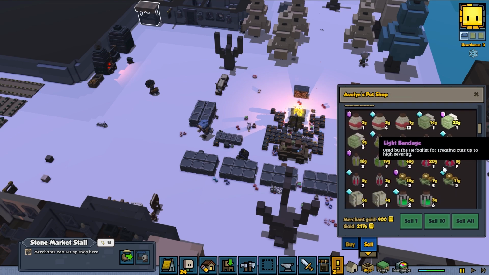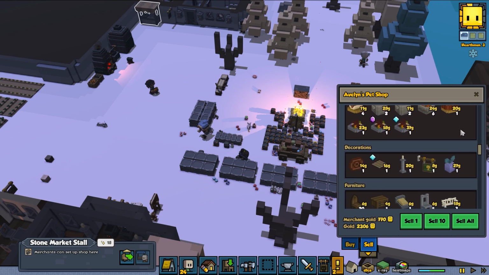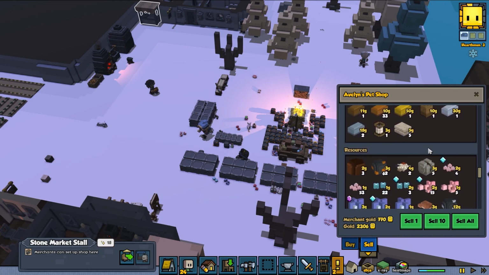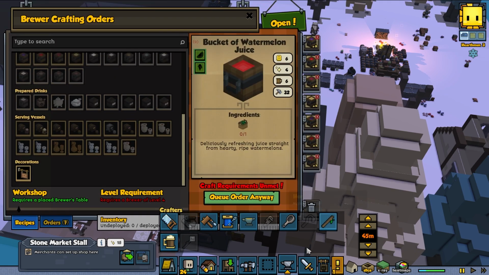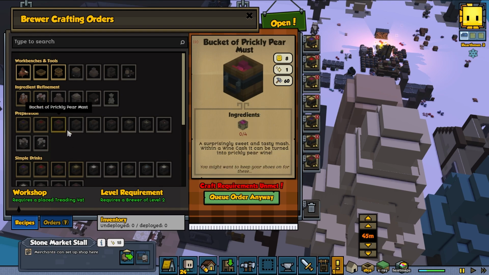Right, let's go ahead and sell a bunch of these knobs. Yeah, we've got pears. So we could at least make something out of pears, I guess. Well, that's an option. I think that's pretty much it. Alright, so with that in mind, let's go back to the brewer, have a look at what they can make. Fruity mead is any fruit, but requires a higher level brewer. I don't think we're going to be... Yeah, I guess we're just not making prickly pear must. That's a bit of a shame, but...